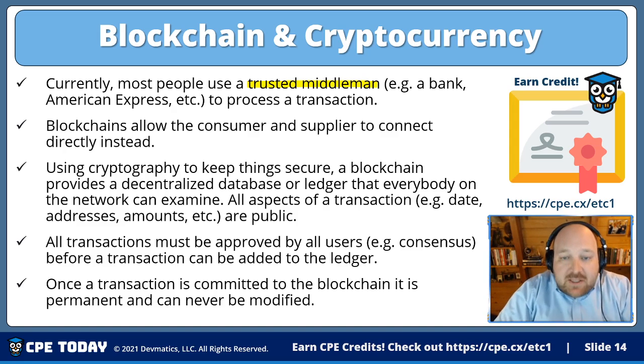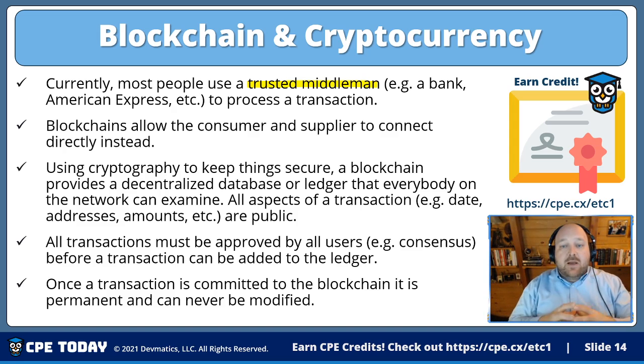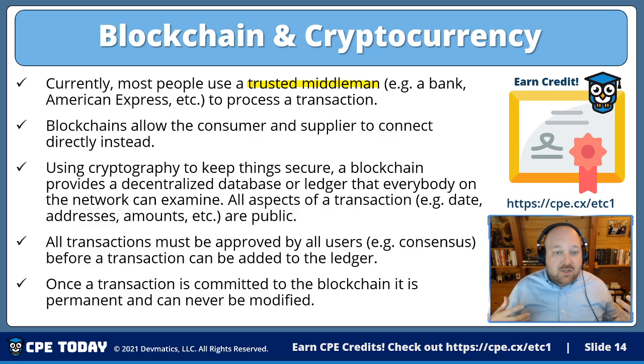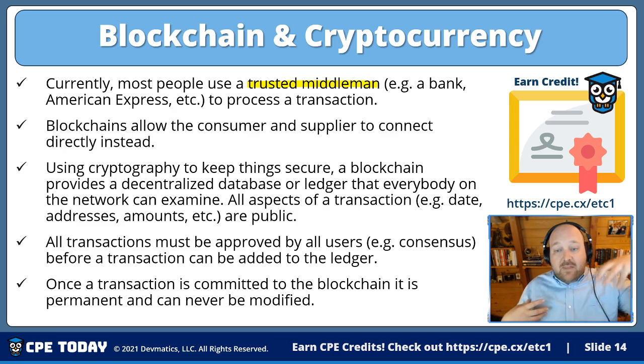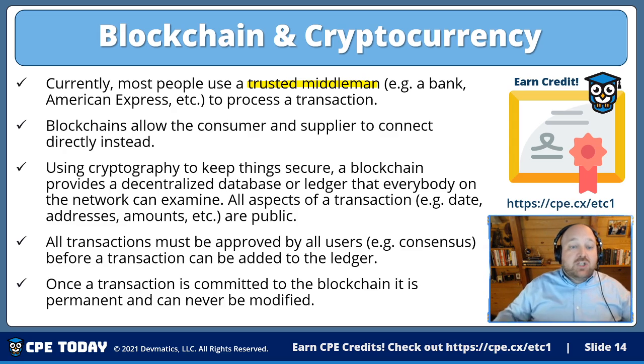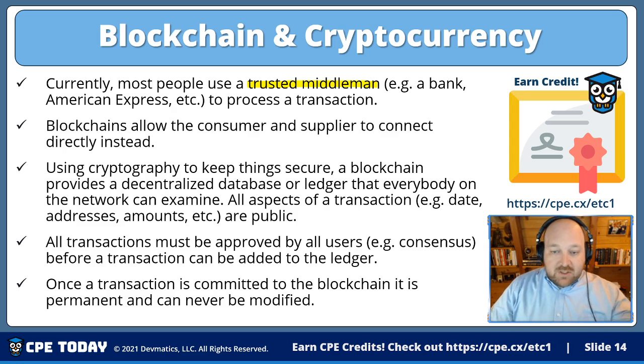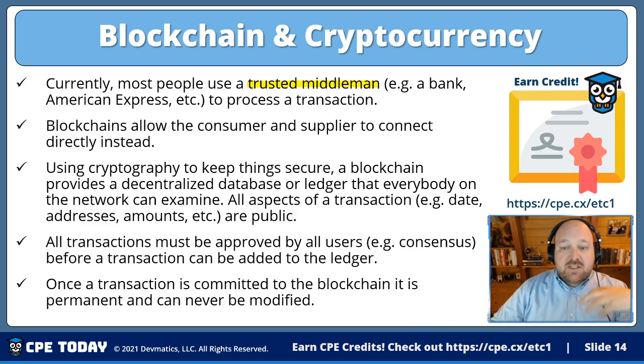Now with blockchain, it's a little bit different. Instead of having a middleman, we work with a distributed ledger in a distributed environment, where instead of working with a specific company, we work with a technology that does the facilitation, trust and assurance services for us. We can connect the seller and the buyer directly together, and they can conduct business directly. Instead of having a company in the middle, the blockchain is in the middle. So it doesn't change the nature of the transactions.